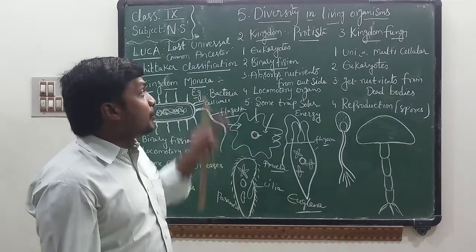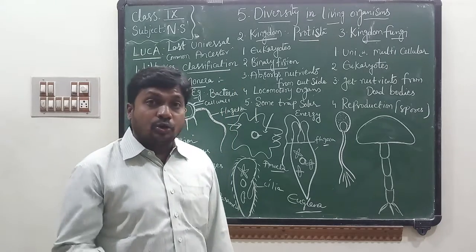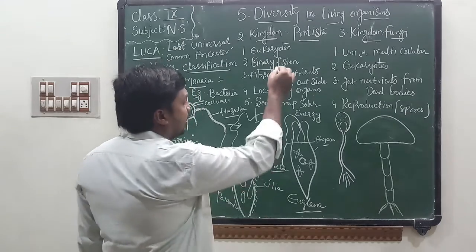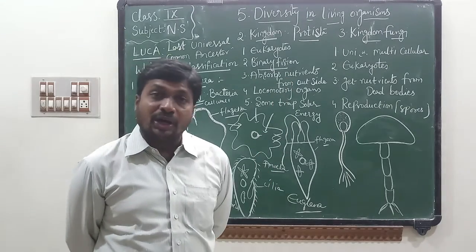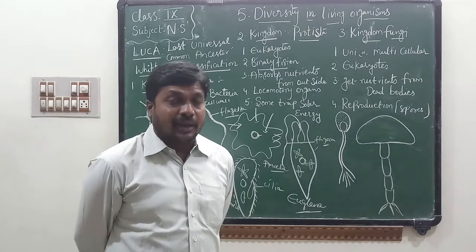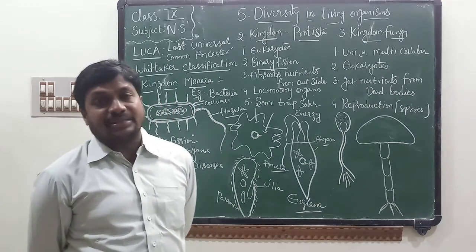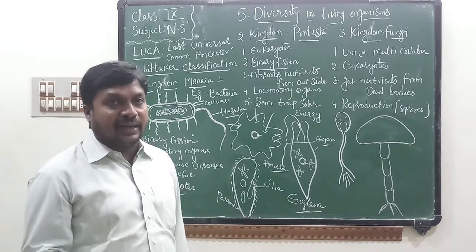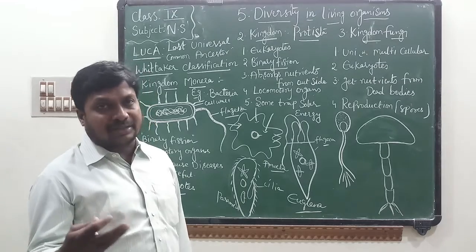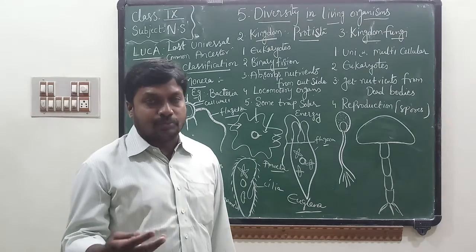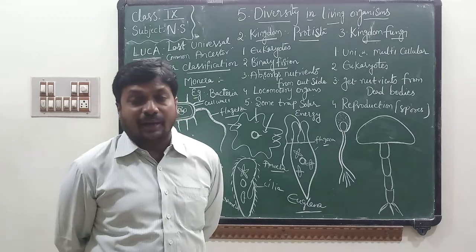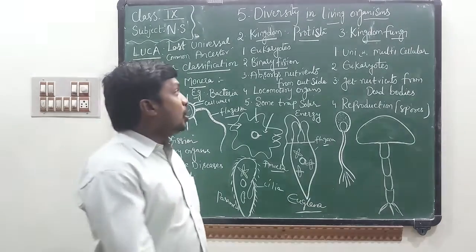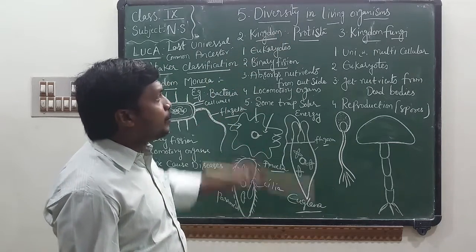Do you know, children, some protozoans, some Protista, are useful to human beings, some are harmful to human beings. Do you know about Plasmodium? You learnt in 8th class. Plasmodium is the protozoan which causes a disease called malaria. Based on this information, we concluded that some protozoans also cause diseases. Example, Plasmodium or Entamoeba histolytica. Entamoeba histolytica causes a disease called amoebiasis. So these are the characters of kingdom Protista.